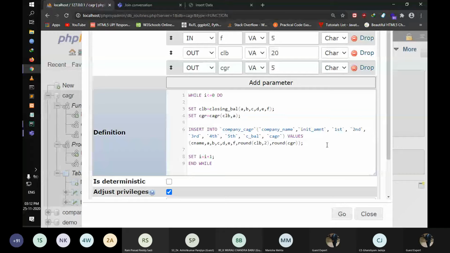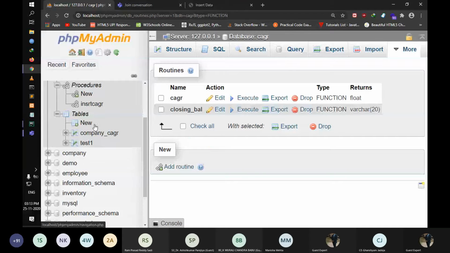So we are inserting the value here, and when the while loop completes, the I value is increased by 1, so it closes the loop, because we have set I as less than or equal to 0. Unless it is 0 or less than 0, it will run the loop. The moment the value is increased by 1, I becomes more than 0, so it will stop the loop. So from here, the data goes into